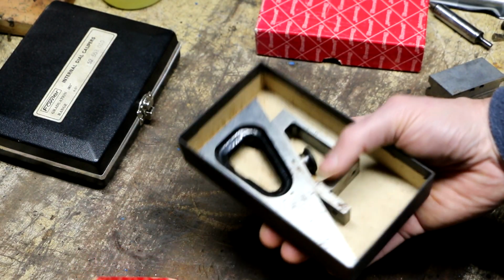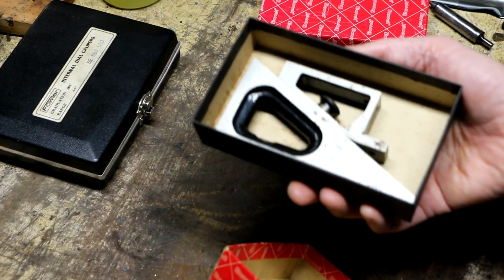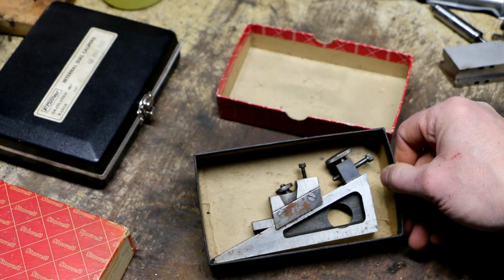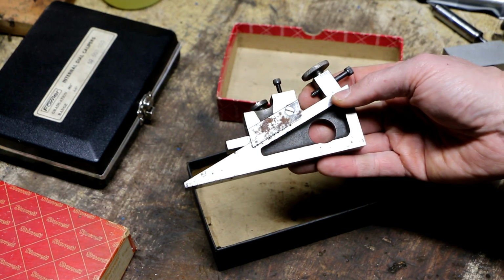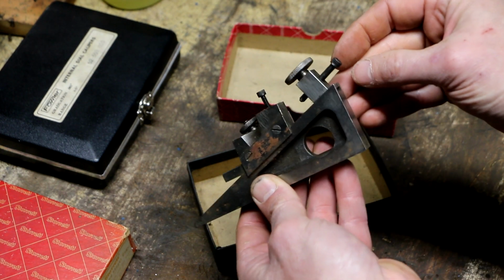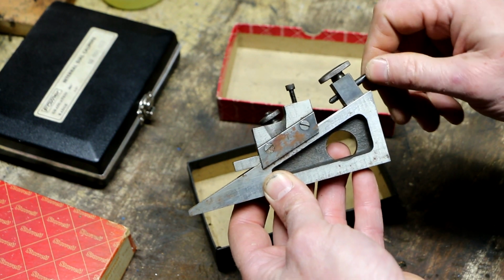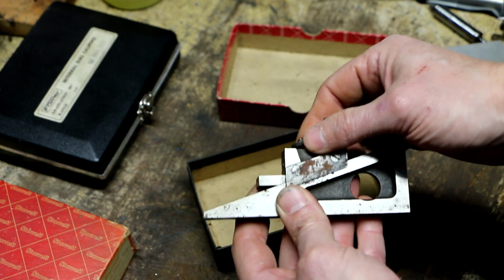You could order these without the wooden case, and then it would just come in a box like this, or you could order it and you would get the wooden case for extra money. This was what I thought was another Starrett gauge. May very well be shop made. It's completely unmarked. It's got some interesting features here. Somebody almost like added a fine adjust to it here, or stop. It's got just enough going for it to make you think that it was a commercially made deal,